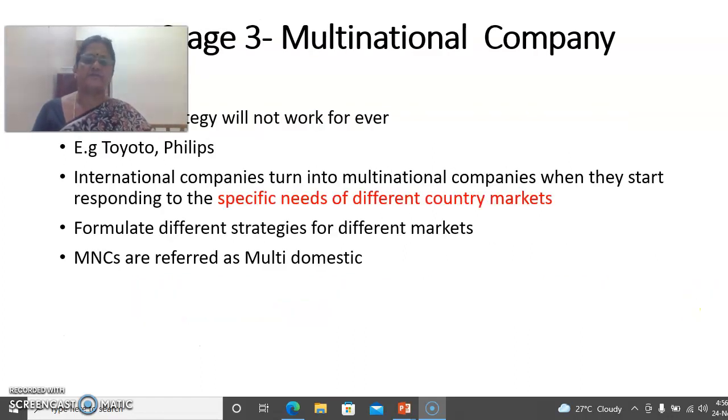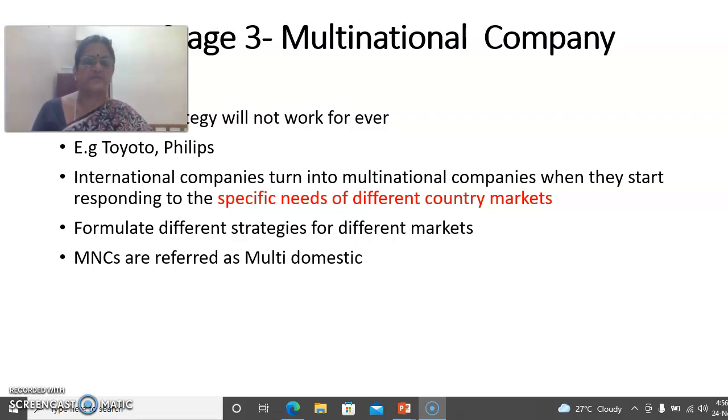The third stage is multinational company. The international companies, after some time, come to understand that the extension strategy will not work forever. Example, Toyota and Philips. The international companies turn into multinational companies when they start responding to the specific needs of